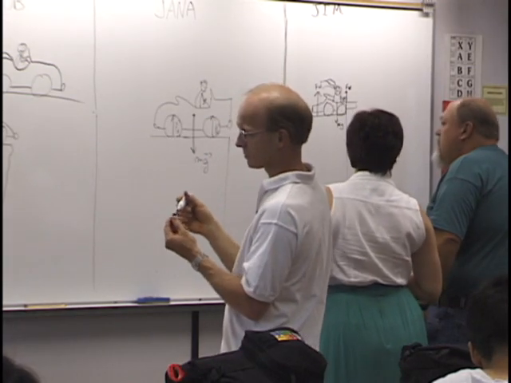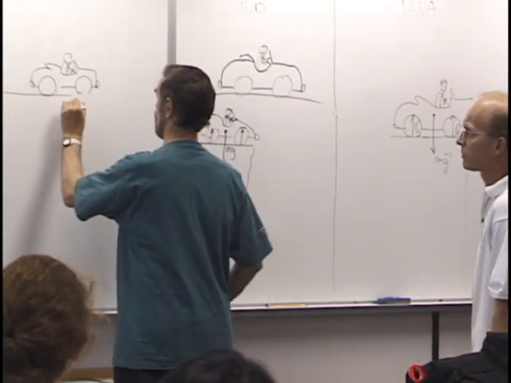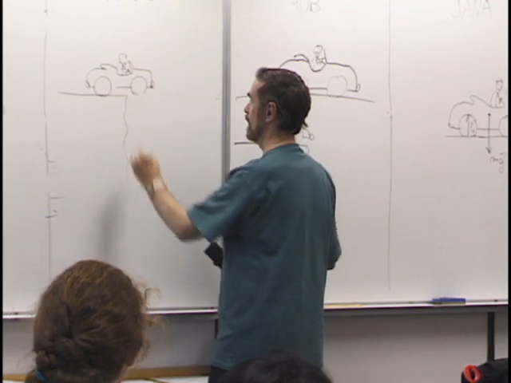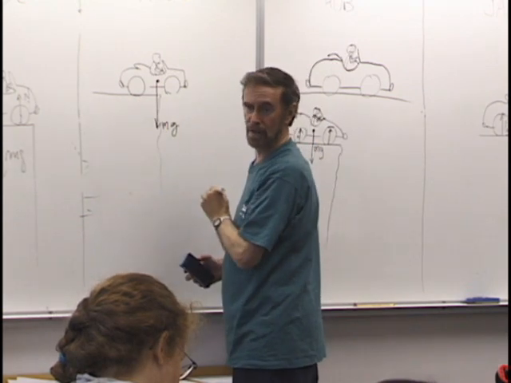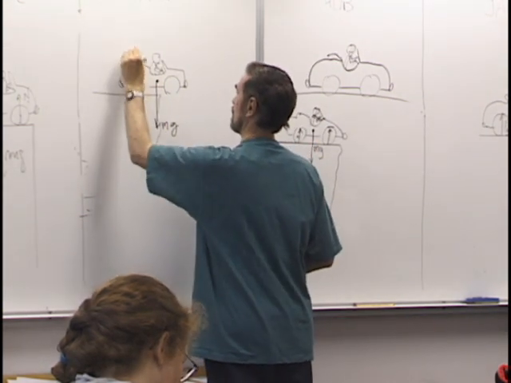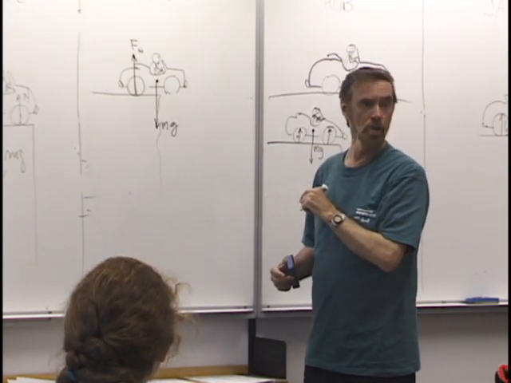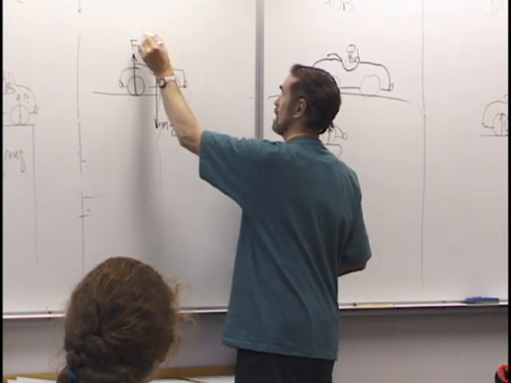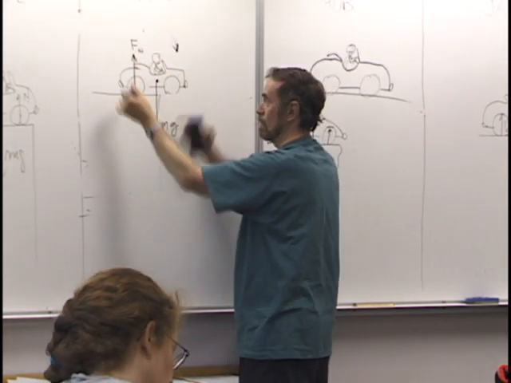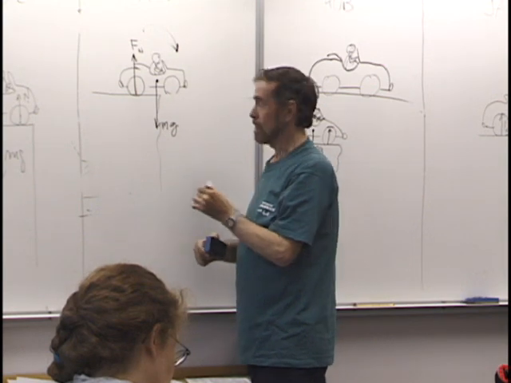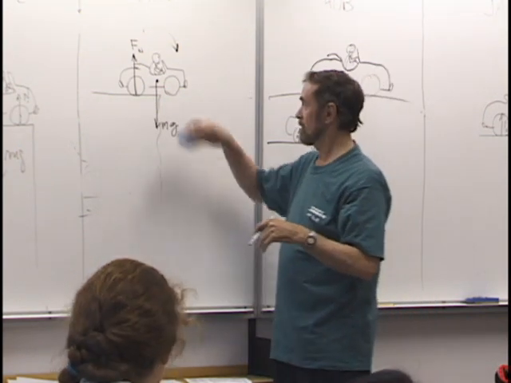Now I think you can see what happens when the car progresses and it's off the cliff. Now we have what? We have mg. But now we have all the weight on the back wheel. And none over here. We're going to get a torque. And it's going to rotate this way. And if the center of mass is here, it looks like there's a force that's tending to rotate the system clockwise. So if the front wheel leaves first, contrary to the film we saw, Speed, where the bus nosed up,